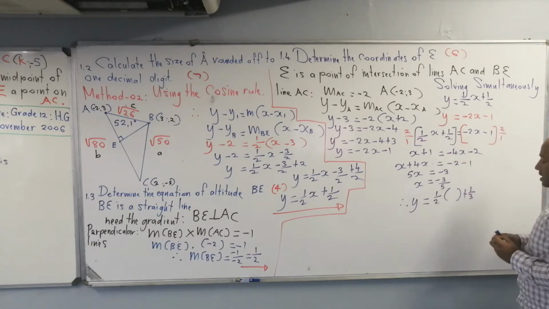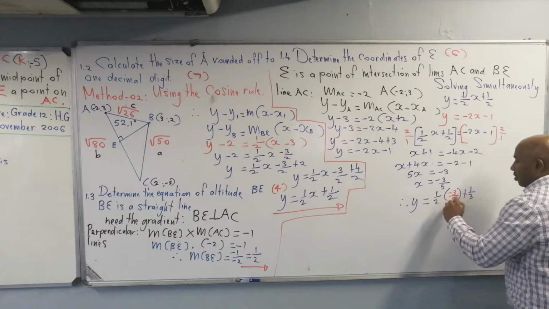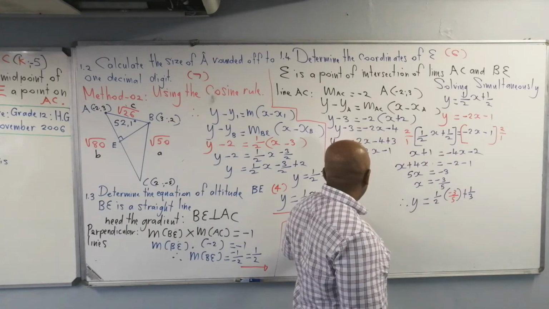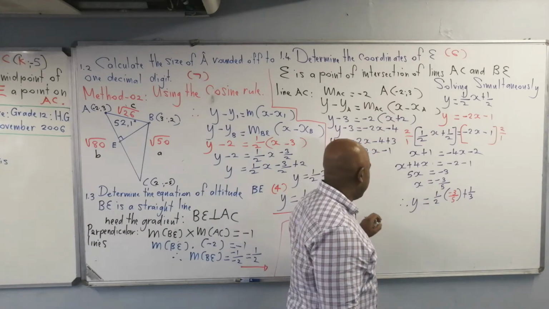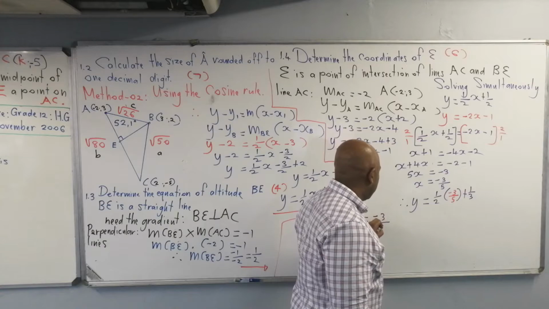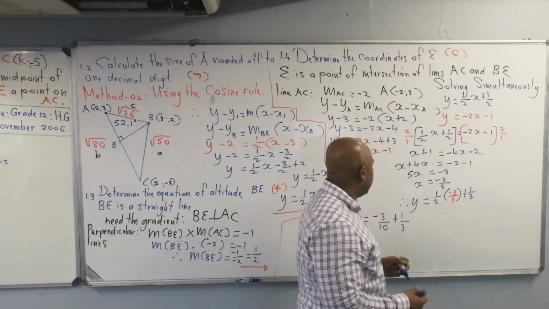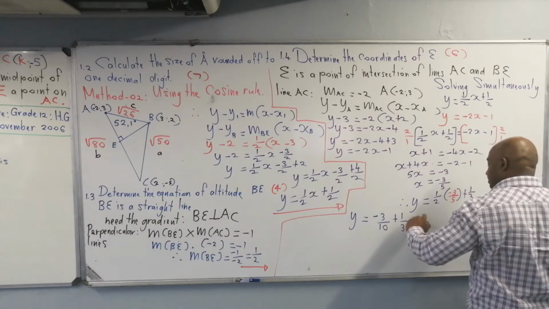So I'm going to substitute x as minus 3 over 5. Let's see what we get. So y is equal to 1 over 2 times minus 3 over 5, which is minus 3 over 10, plus 1 over 3, which is equal to